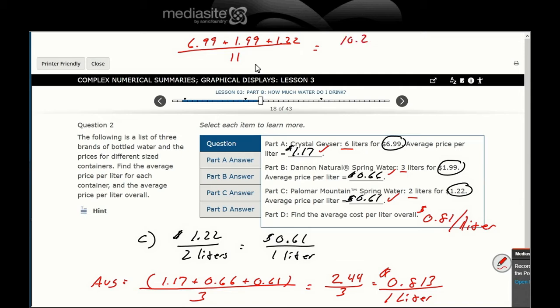That's $10.2 for 11 liters, which gives $0.927 for 1 liter. They're not the same. They're not the same. Okay. The whole reason being is